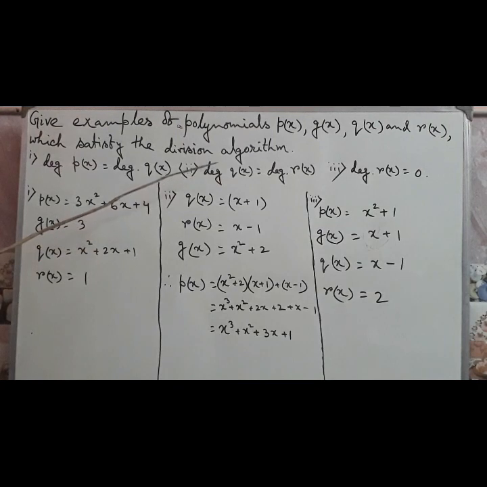Then degree of the quotient is equal to degree of the remainder. Okay, here you write the quotient first of any degree, then the remainder of any degree, and take any divisor. Always you have to keep in your mind, that is the degree of the divisor should be greater than the degree of the remainder. Then dividend is equal to divisor into quotient plus remainder, that is p of x is equal to g of x into q of x plus r of x. You will get the value of the dividend.